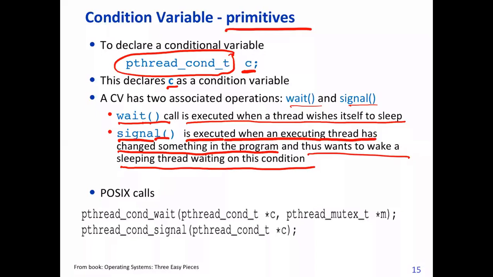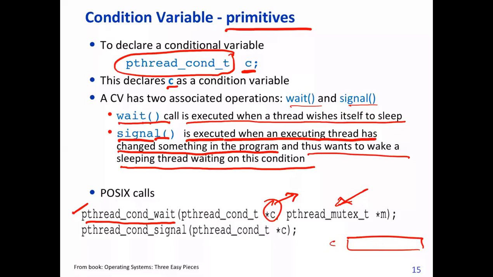Two calls are shown here: pthread_cond_wait, or pthread condition wait, and two parameters are given here. First, of course, it will wait on a condition variable. With this condition variable C, a queue is formed. And there is also one mutex. We'll see the role of the mutex a little later. It's not replacing the role of the mutex as we have seen in the earlier case. It's just to protect some scenarios, or we use the mutex only for a very small period.